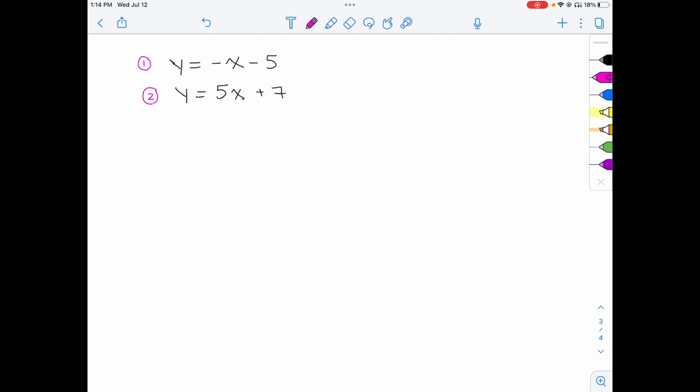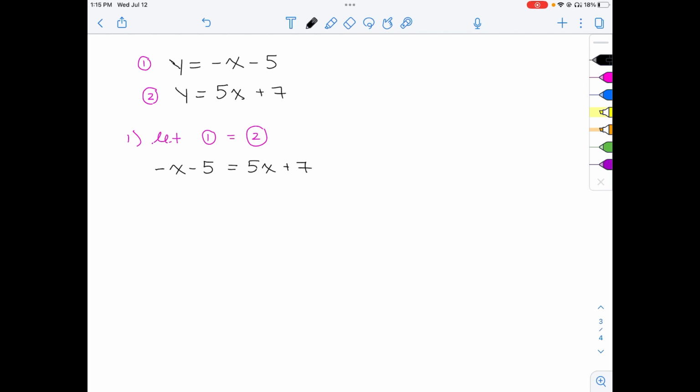So because they're both isolated for y, when I substitute one of the equations into the other, it's going to look like I'm just making equation 1 equal to equation 2. So my first step, I'm going to just say let equation 1 equal equation 2 and set that up. So it will look like this. I'll have negative x subtract 5 is equal to 5x plus 7. Okay, so instead of subbing it in for the variable, that's still what we're doing, but it just looks a bit different. And then we need to rearrange and isolate.